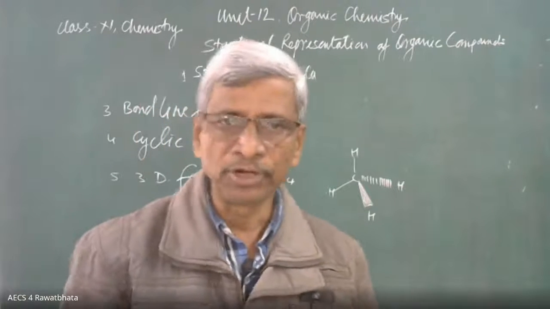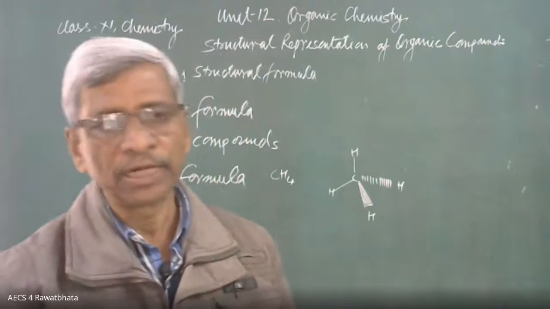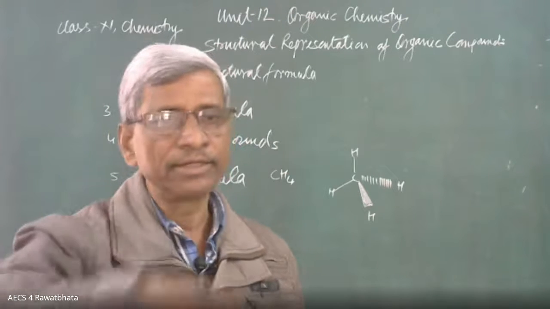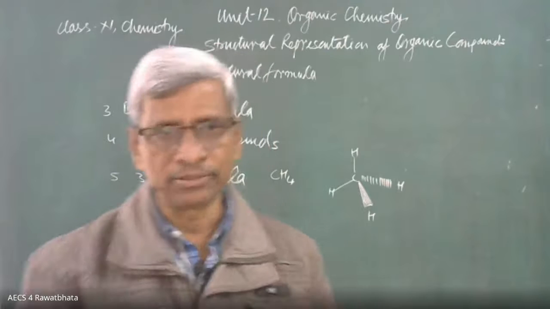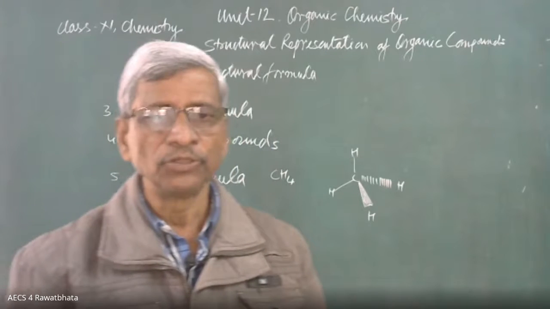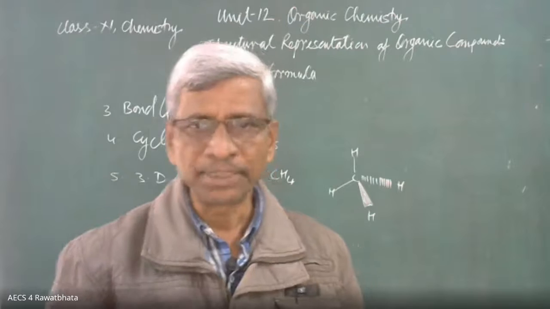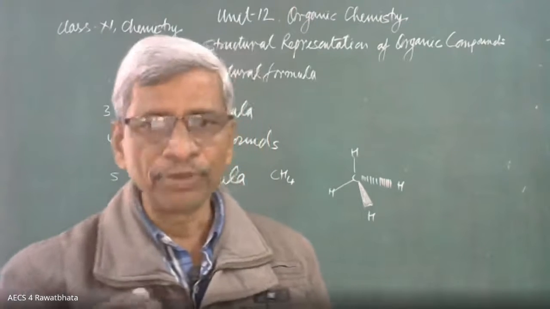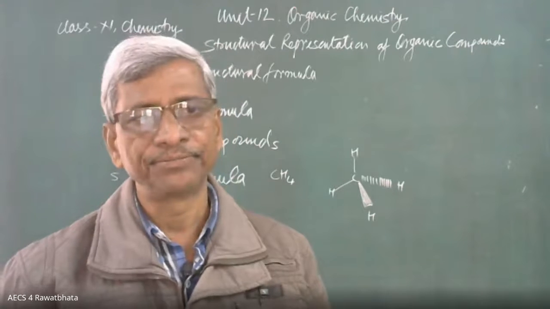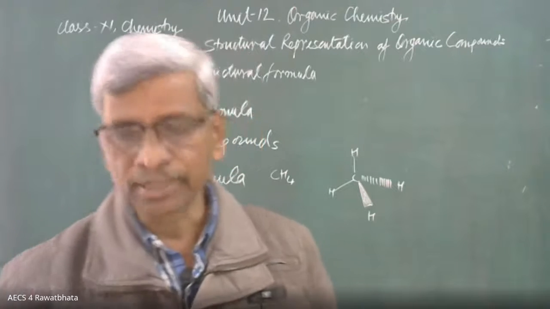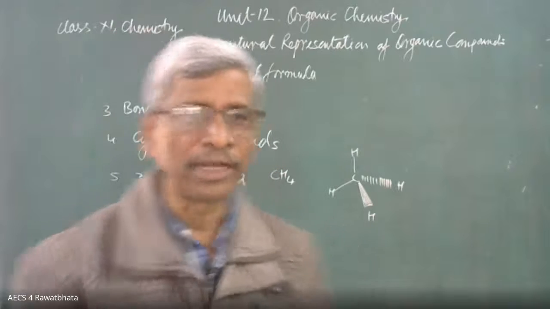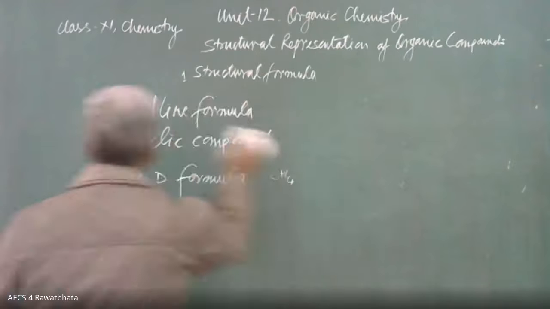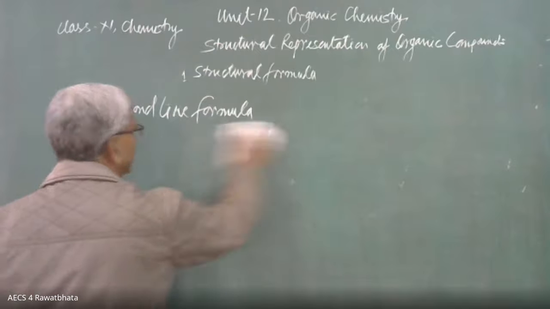Ball and stick models, I have shown you earlier. Carbon atoms are tetravalent, with four hydrogens attached to the carbon, which you have discussed earlier. These are some methods to represent the formula of compounds, in which the bond line formula is the most important. If any compound is given and the question is to write the bond line formula, then you should be able to write it.